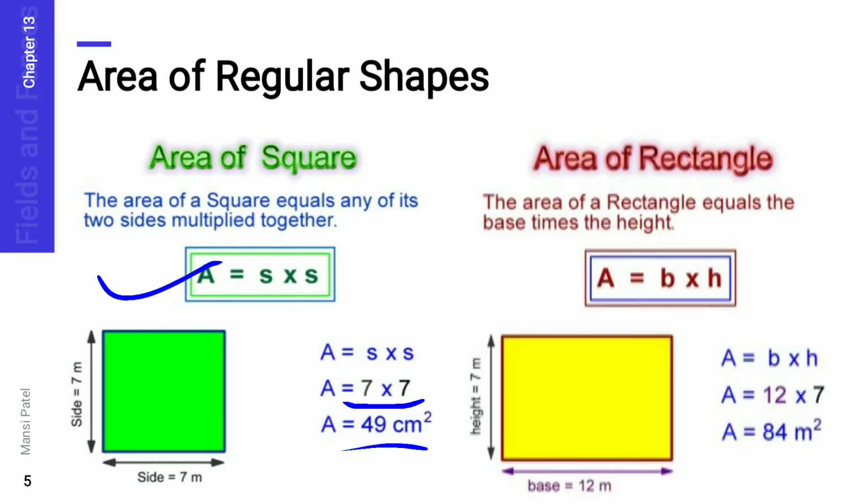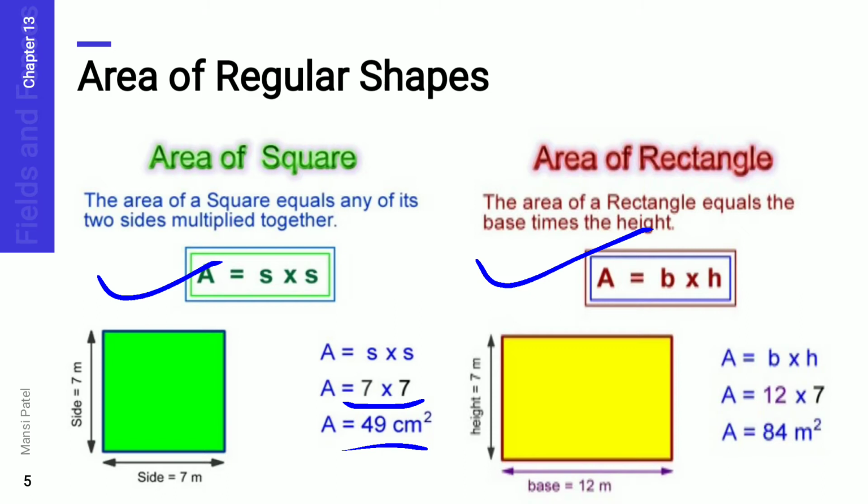Now see here, next, you have to find out the area of a rectangle. In a rectangle, there are 2 lengths and 2 breadths. So whenever you want to find out the area of a rectangle, at that time you want to do the multiplication of length multiplied by breadth. And another name for length is height.